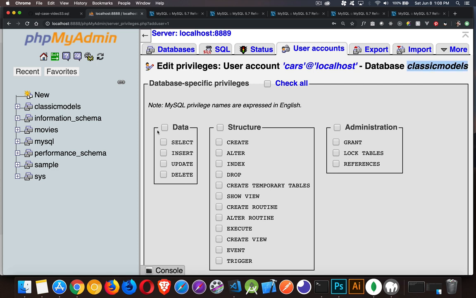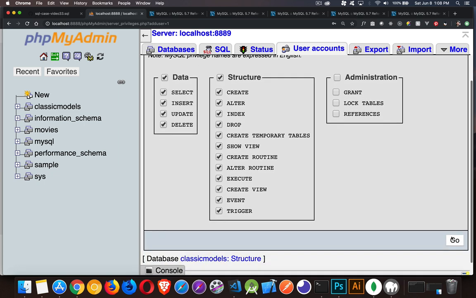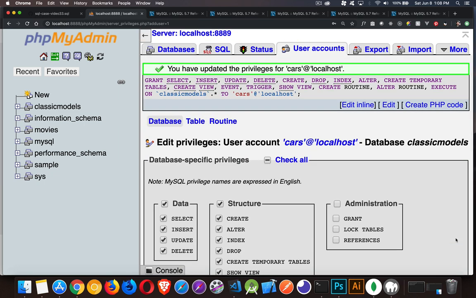What permissions? Well, I'm going to give him all the data permissions, all the structure permissions. I'm just going to leave out the grant. I don't want him to be able to grant rights to anybody else, or lock tables, references. We'll leave the administrative stuff out of there. So we'll click go. Done. I have now created a user called cars, and I've given him permission only to work with this one database,